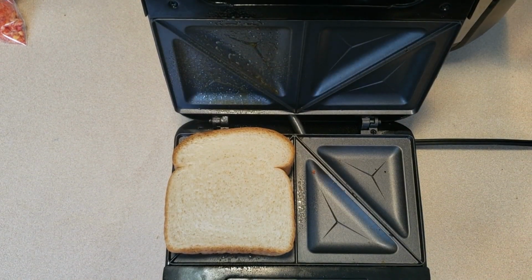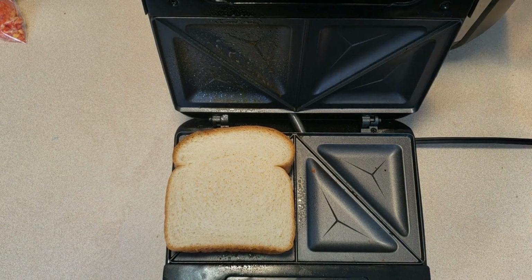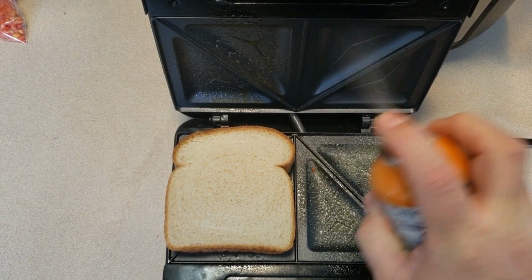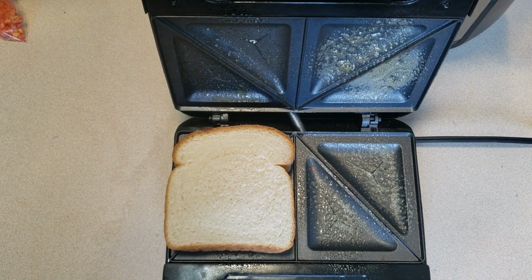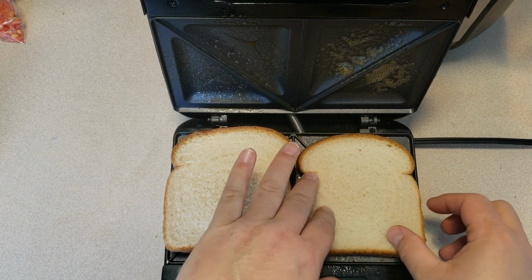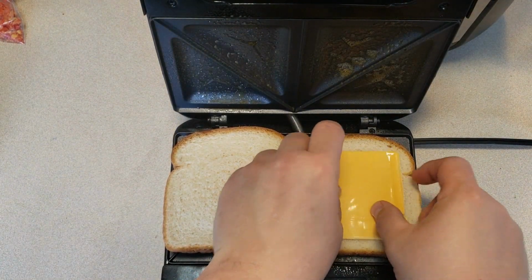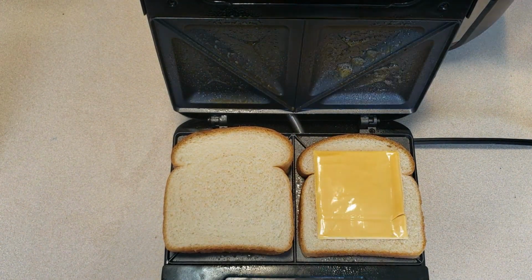Let's build this sandwich here with the Flaming Hot Cheetos. We're gonna go ahead and spray on our butter so that we have the buttery taste on the outside. We're gonna go ahead and throw our piece of white bread down. We're gonna have our first piece of cheese here, and then we're gonna take our